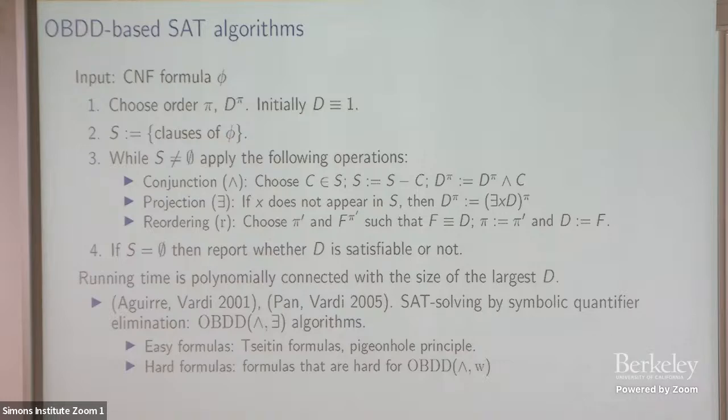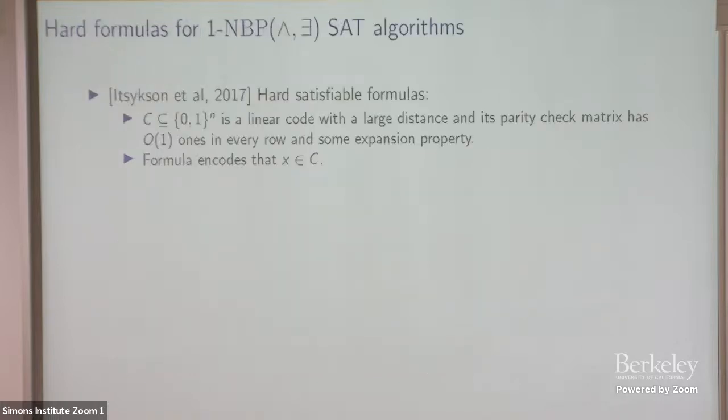It is known that Tseitin formulas are easy for such kind of algorithms. Now, this is not one algorithm, we can apply rules using different strategies. Also, the pigeonhole principle. And if we do not use the reordering rule, then the lower bound follows from the lower bound for the OBDD proof system. But what if we can use the reordering rule? It's even possible to prove a lower bound for the case when we have read-once non-deterministic branching programs instead of OBDDs.